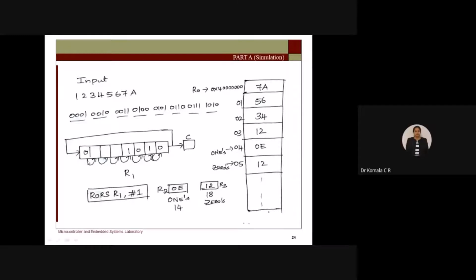So this is how the rotate instruction works here. Whatever is there in the first cell will be moved to the next one, then second to third, third to fourth, and so on. The last bit is going to be moved to the carry bit. So one by one, here I have taken this one, 1, 0, 1, 0 at the last, then 0, 1, 1, 1. So one by one you are going to complete this for all the 32 bits.